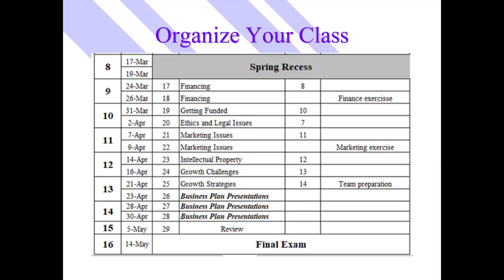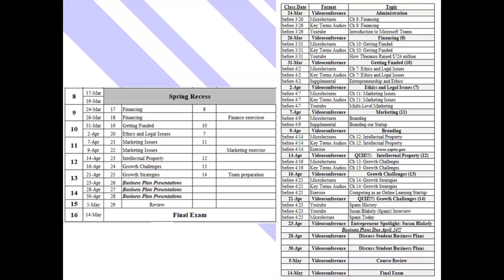There was my syllabus for the second half of the spring 2020 semester. We went on break, spring recess, the week of March 17, and we never came back. Now, this was my original syllabus, and so you can see how I planned to handle the second half of the semester. But when we had to go online, I recreated my syllabus and I made it much tighter. So here's what I had for the second half of the semester going online.